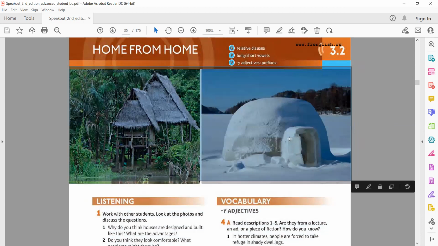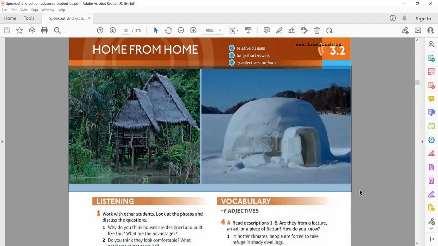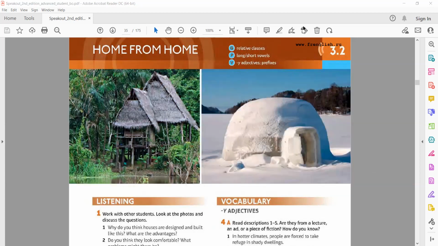What do you think this unit's going to be about? Maybe a place where you feel safe. Or what were you saying, Ikram? I think the region, sorry, that you are staying in, like the ice region. Maybe the type of house. Maybe today we're going to cover the type of house. Maybe, perhaps. Let's have a look.